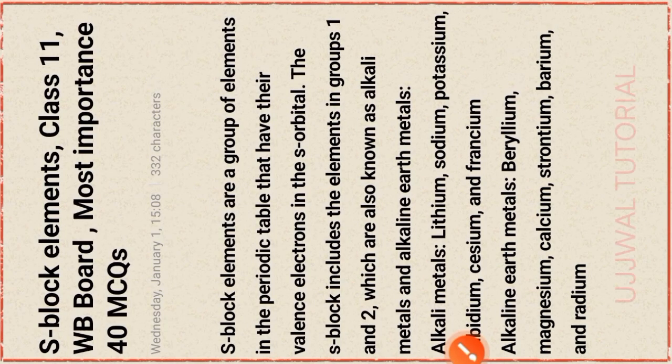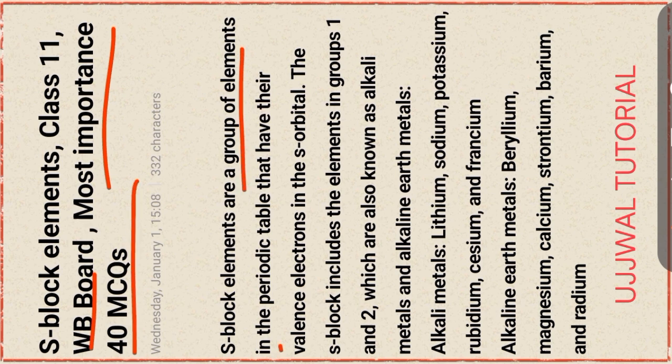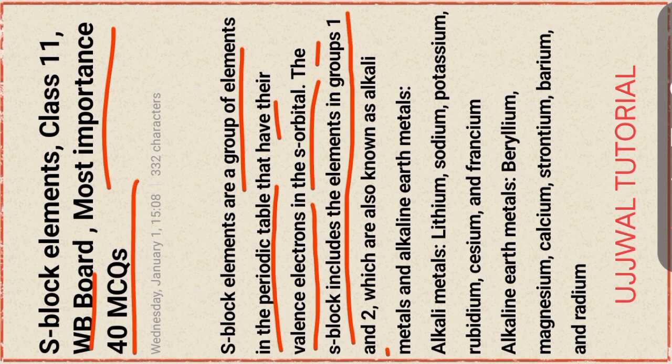Now, S block elements, class 11, based on the West Bengal Board: most important 40 MCQ questions. S block elements are a group of elements in the periodic table that have their valence electrons in the s orbitals. The S block includes the elements in group 1 and group 2, which are also known as alkali metals